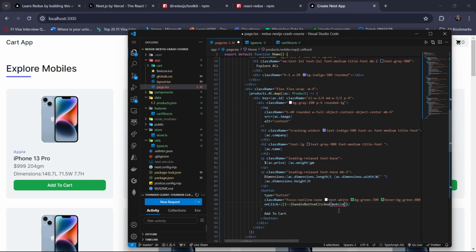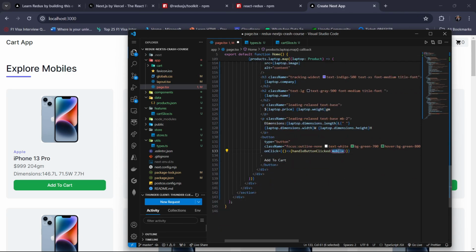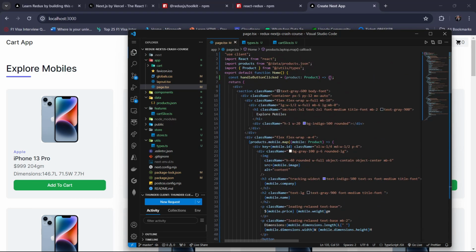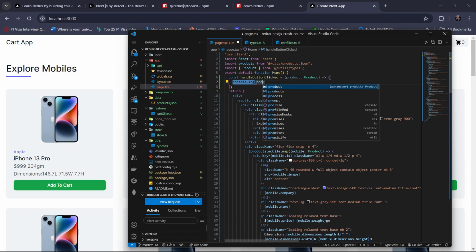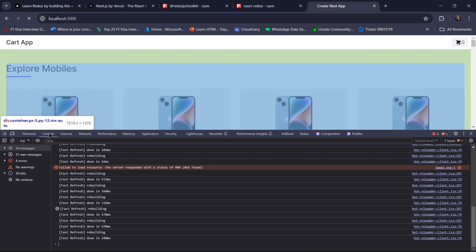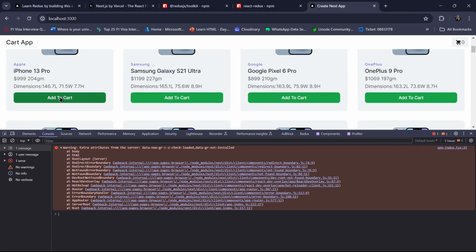mobile. The second one is AC, and the third one is laptop. Okay, I just want to pass this product. Now let us console it and see if everything is working perfectly. So let me just come to console, and inside console let me just try it. Let me just click on this button,